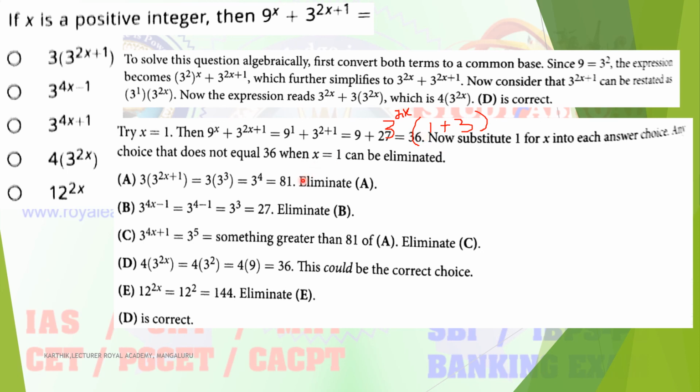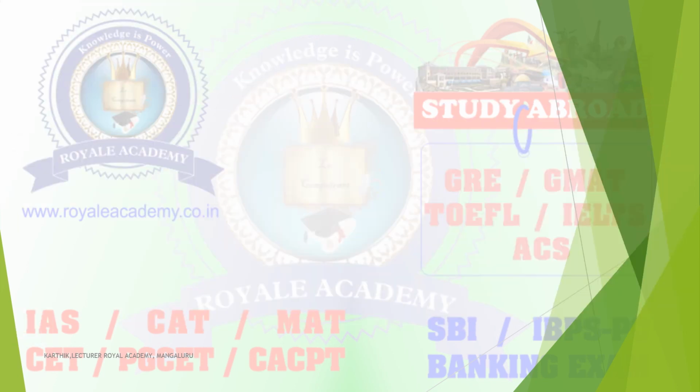Okay, then you can choose any value for x. So I will choose x is equal to 1. Then the same x value, just substitute, and which option gives the same answer? Just see, option D gives 36. That exactly matches. So you can directly tell option D is the correct answer. So left hand side is equal to right hand side. In this way also you can find out the answer. This is another method. So option D is correct for this problem.